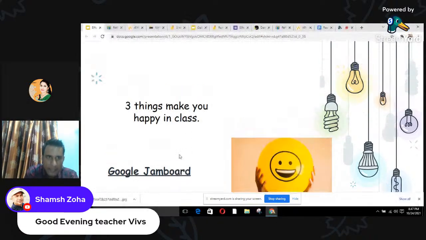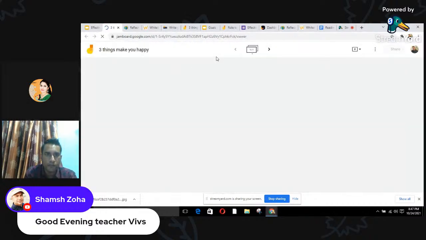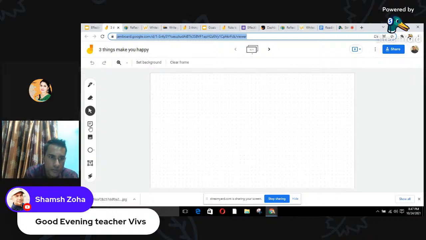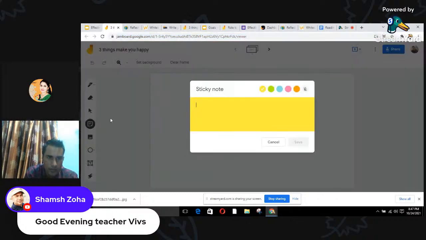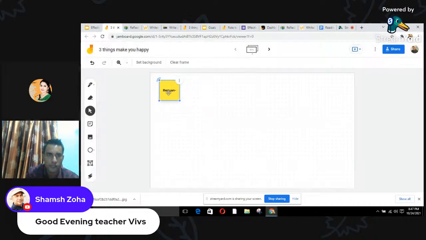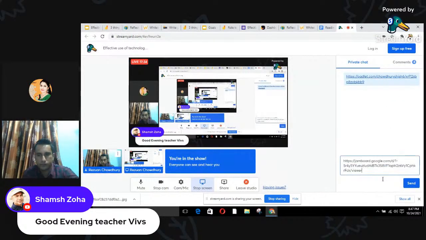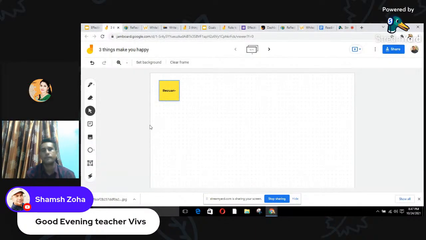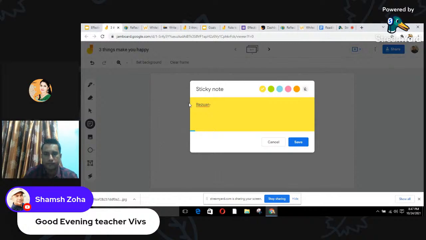I'm going to give you the link in the chat box, and make sure you choose it from the sticky note option. Like this, I need to write down your name. Everyone needs to write your name, and you can get it from the sticky note option. I just wrote my own, you can write your own. I've given the link in the chat box. Make sure you write your name and then write your reflection.